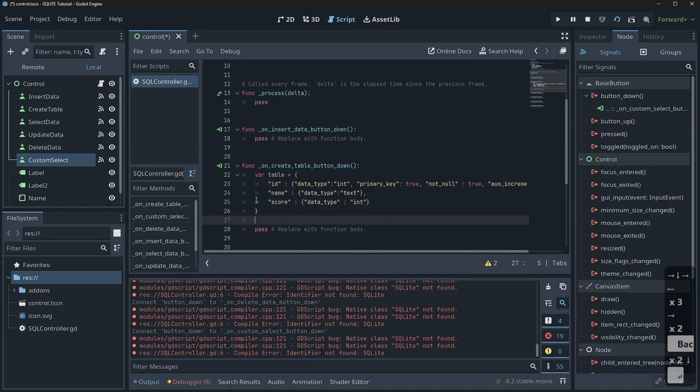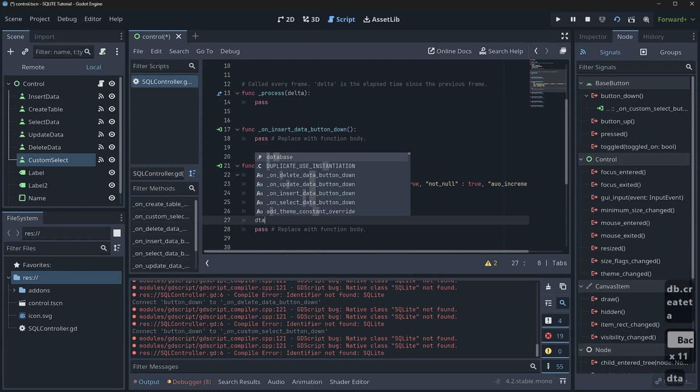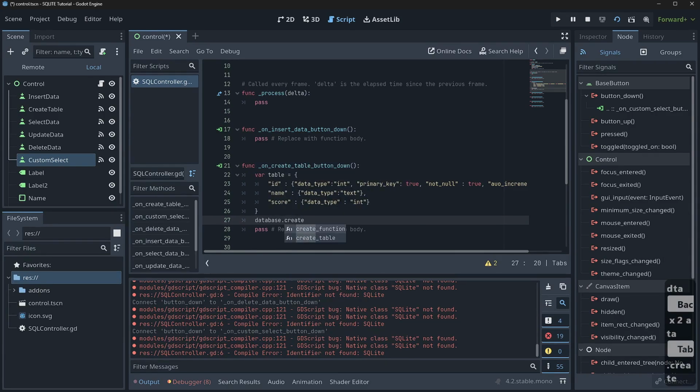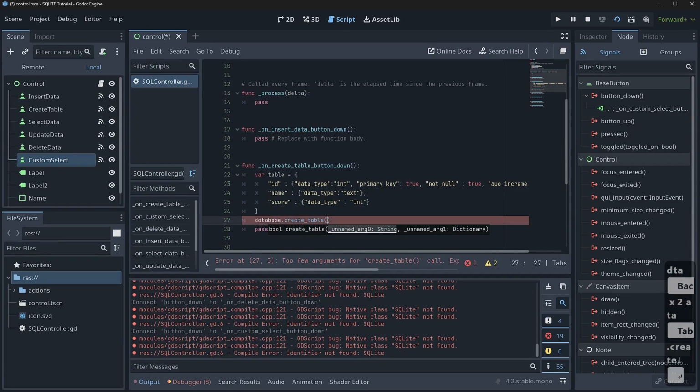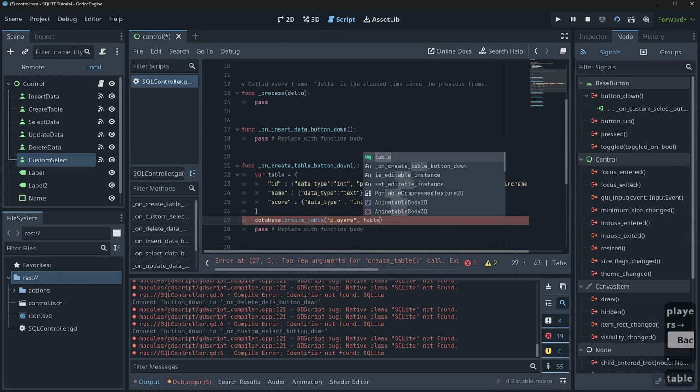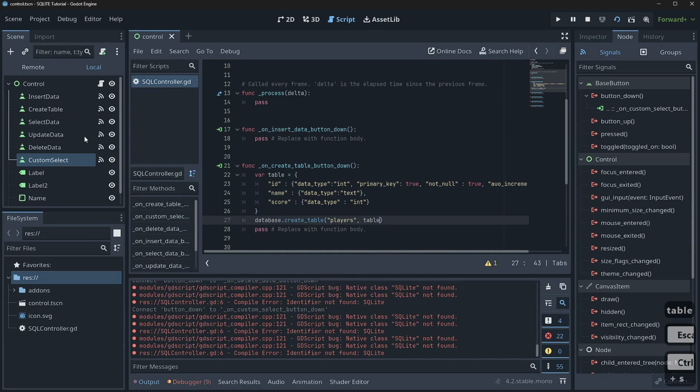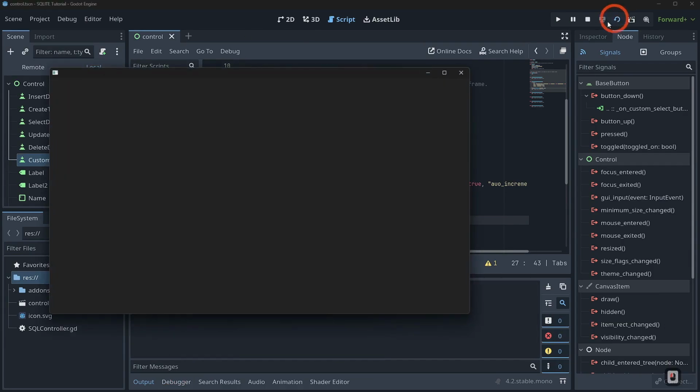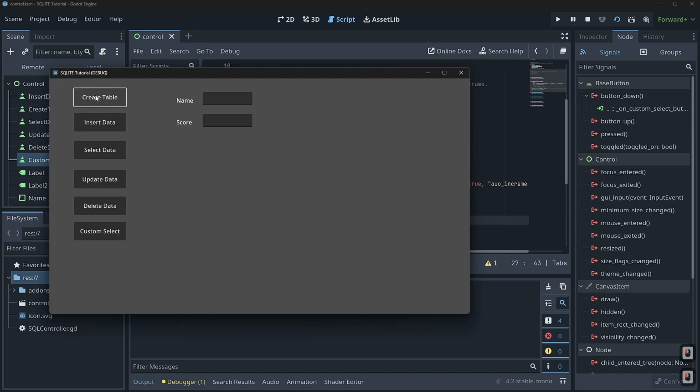Now, once you have this, you can create your table. And that's actually really easy to do. All you have to do is type database.create_table like that. And then you could just type quote players, comma, and then we could pass in that table dictionary that we built. Now, if we hit Control S, we can come into our project, hit refresh, click create table, and